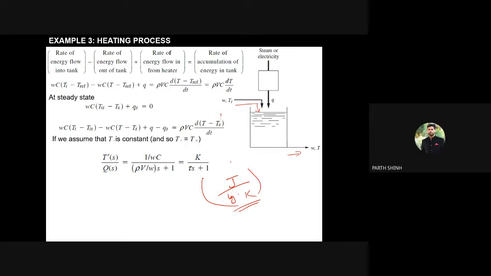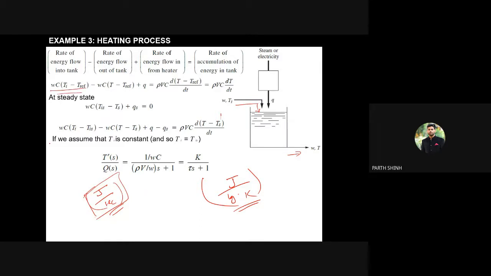Obviously, energy balance. Good. So we have to write the energy balance equation here. Energy balance means heat balance. Heat balance means we have to write the heat balance, the energy balance. It means joule per second. What we want from the system is joule per second. Okay. So in order to make the joule per second,